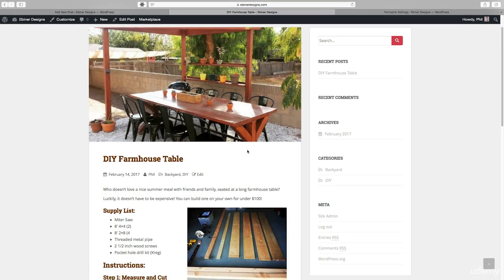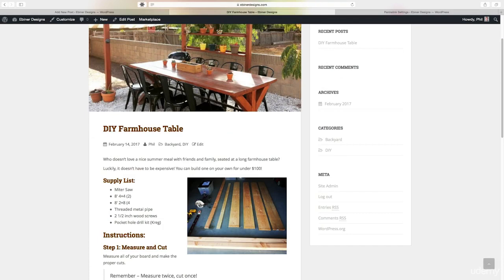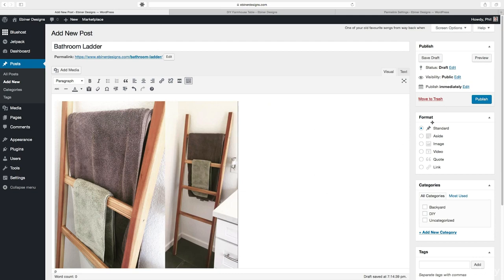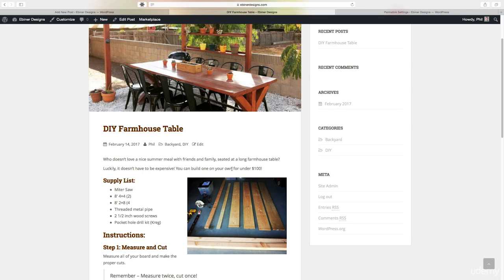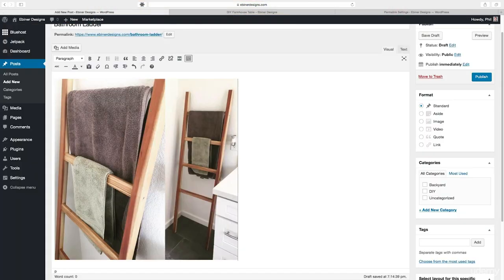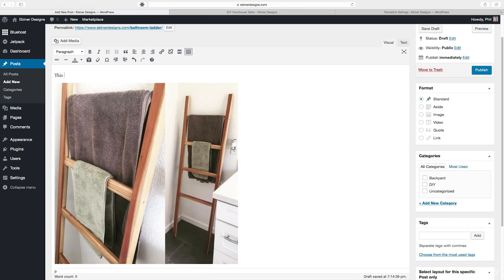So let's just see what our other blog post looks like, because I like to have them look kind of similar. This information right here, the title of the blog post, the date, the author, the tags, this stuff is all set up automatically. So that's not things we add. It's just based off of when we actually post and who the author is. The information below, though, is stuff that we actually type in. So you can see if I just go here and type in some words, this is a bathroom ladder, that's going to appear in our blog post, just like how we created a page.